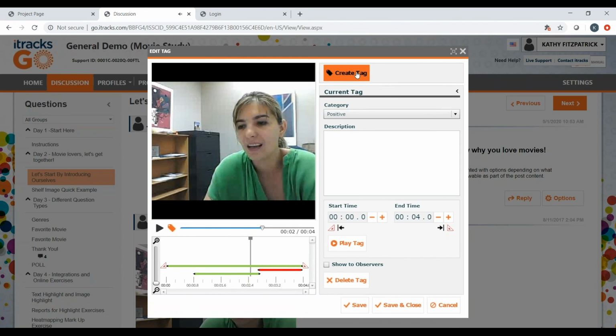We're going to create a tag. Again, think about this in a quant way. If you're having open-ended questions, you need to have a master coding plan. So before the project starts, you can come in based on your hypotheses and create as many categories as you want, or codes, so to speak, or you can do it on the fly as you're listening and hearing what people have to say. But pay attention to this line, because it's going to matter in just a second when I take you to the reporting part.